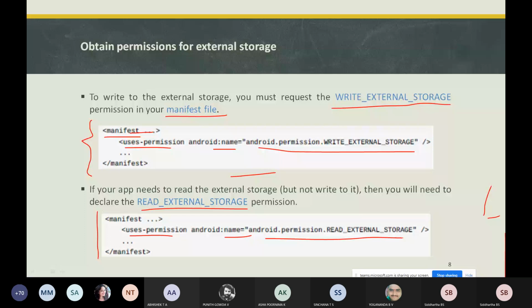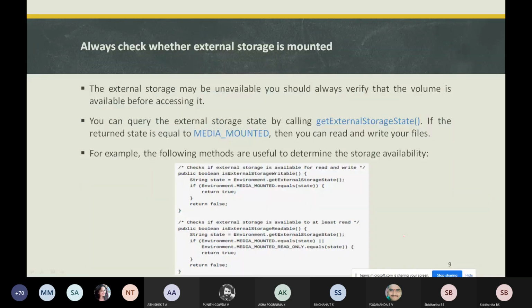Next is always check whether external storage is mounted. Why are you going to check whether the external storage is mounted? Because the external storage may be unavailable.